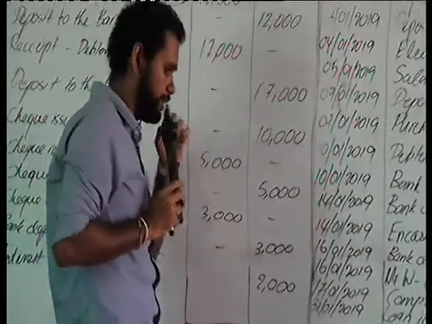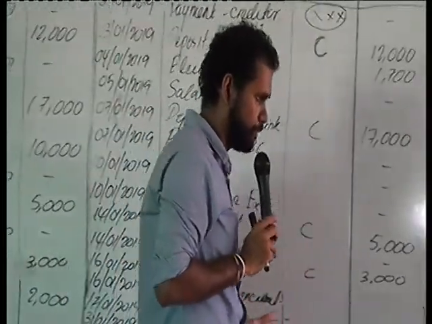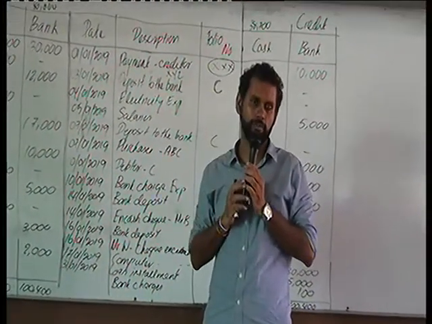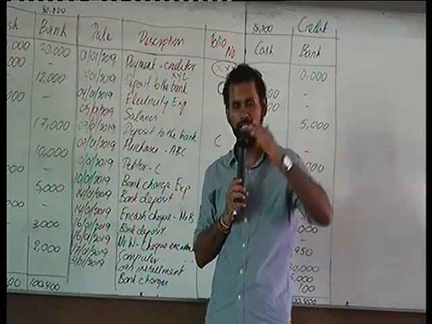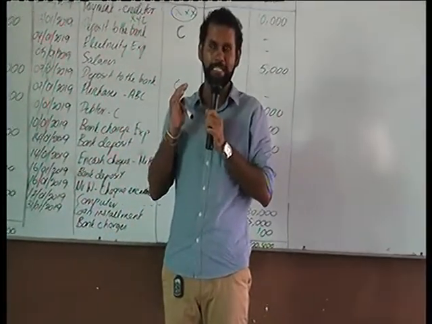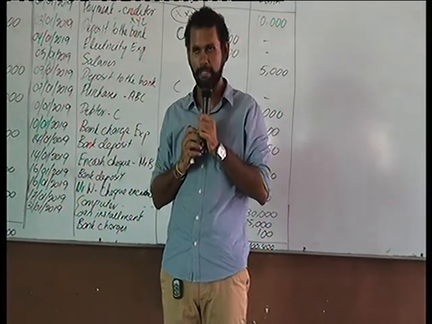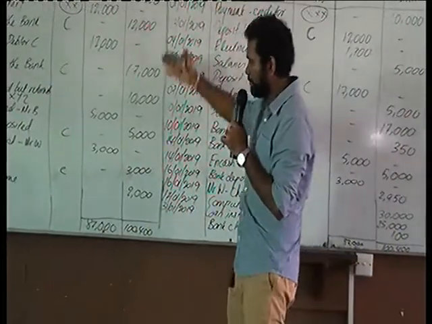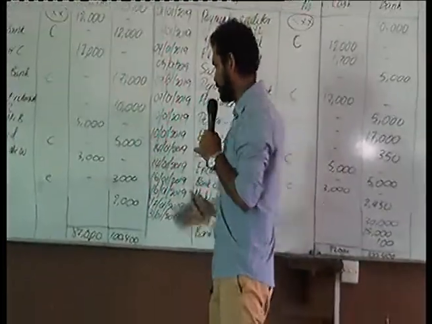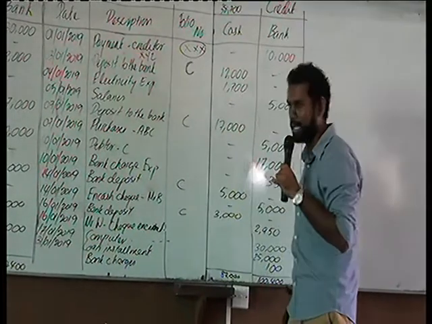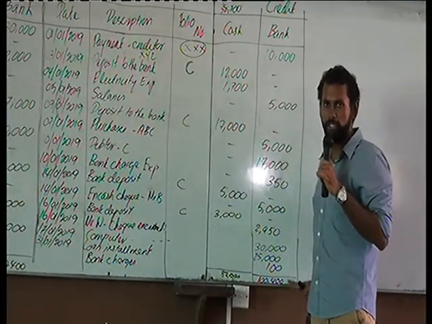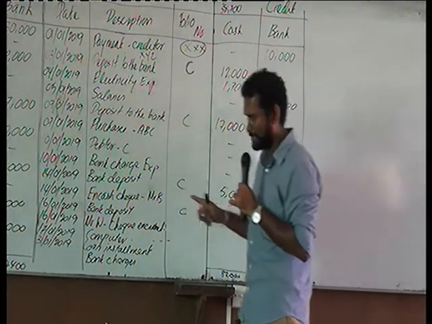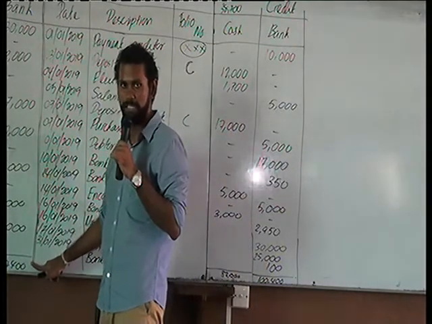Now when it comes to the cash book or any general ledger account, once you enter all the transactions, you need to balance that account. That is, you need to see which side has the higher balance and then take that total into both sides. Now in this case, in the bank column, the total of the debit side is 80,000, whereas the total of the credit side is 100,400. So 100,400 is the higher amount, so I have taken the 100,400 as the total for both sides.